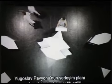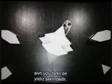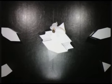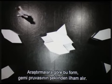The site plan of the Yugoslav Pavilion shows a distinct, sharp-edged, star-shaped design, coupled with a tall, thin architectural protrusion. Research does suggest that this form emulated the shape of a ship's bow,